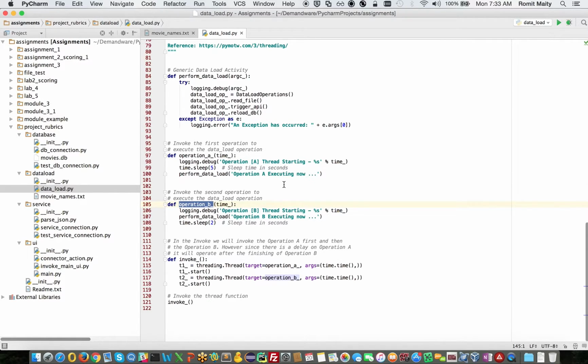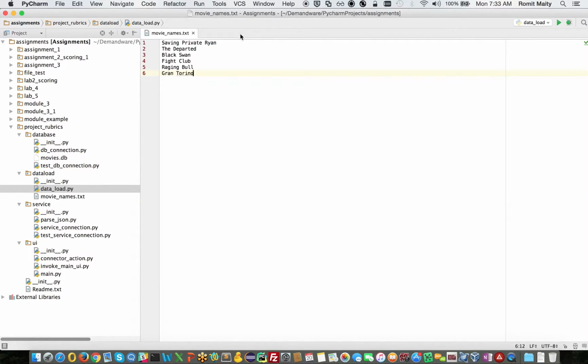So let's just quickly observe where the sleep time was set. So you see in operation A there was a time sleep of 5 seconds before the data load began, and out here the data load began instantaneously, and then there was a time sleep for 2 seconds, which is not relevant in this scenario. All right, now moving to the